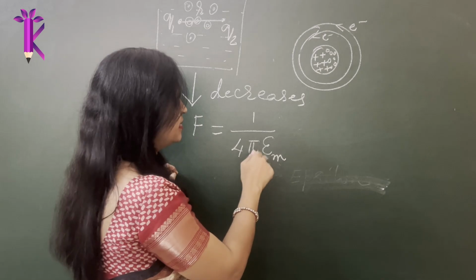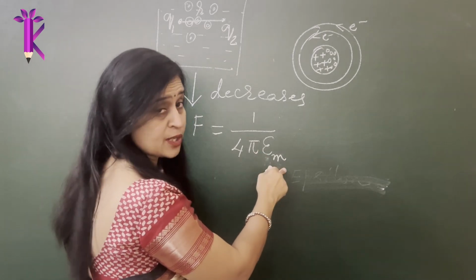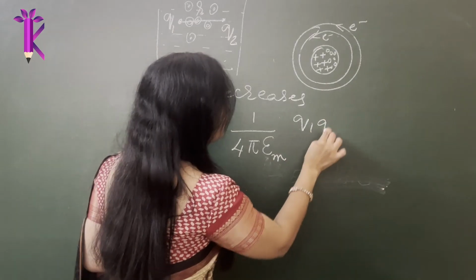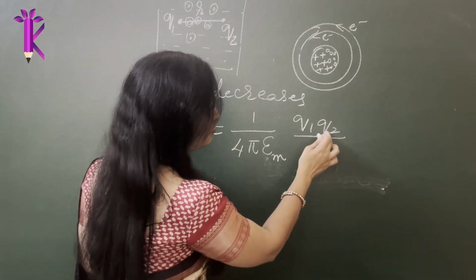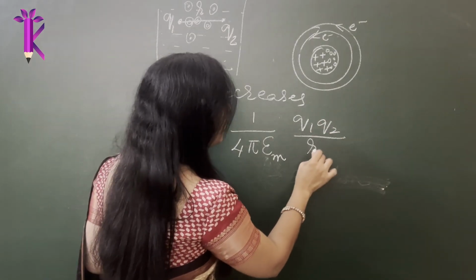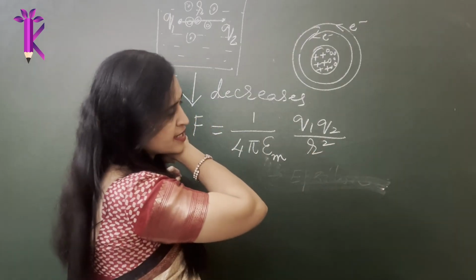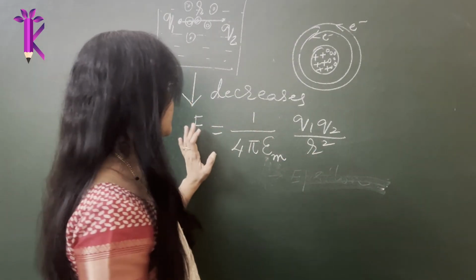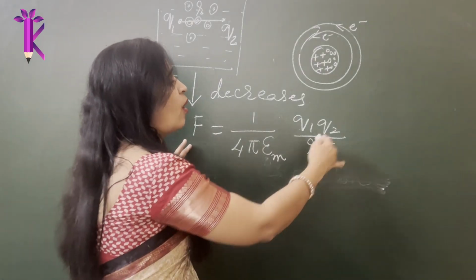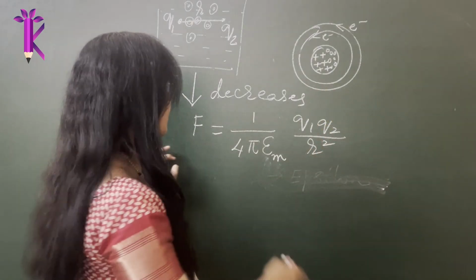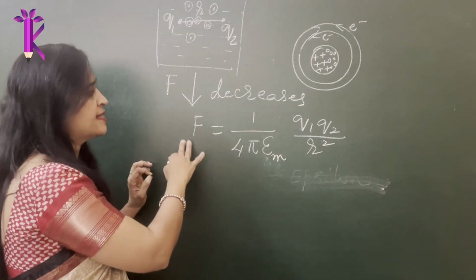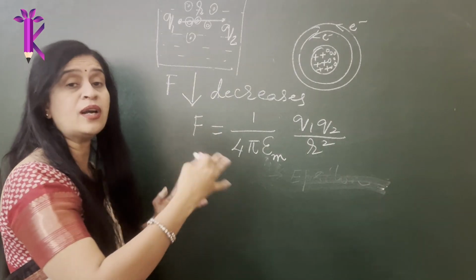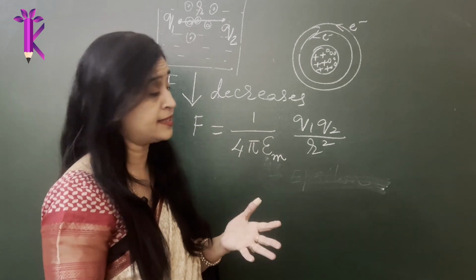What is the medium here? It is the medium water. So you can also write epsilon H2O, meaning water, into Q1, Q2, that is the product of the magnitude of the two charges, divided by, inversely proportional to, the distance of separation between them, and acting along the line joining the two charges. Here you can see, why am I not stating it mathematically? Because in all these cases, I have only referred to or written only the magnitude of F. We have not come to a point where I am writing it in vector notation.